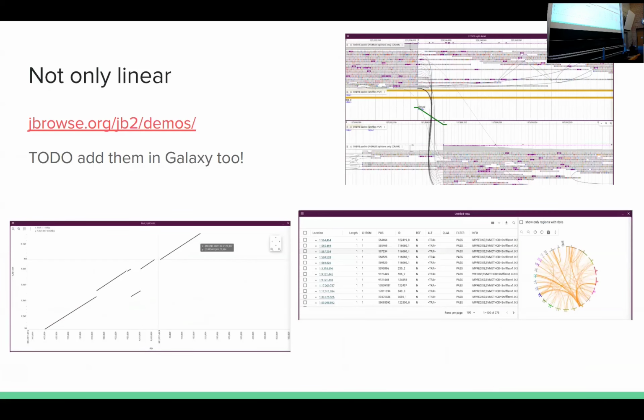And as I say, it's not only linear, which means we have other unusual ways to use a genome browser like Galaxy in JBrowse2, which means you can display plot data for synthetic data, for example. You can have circular representation, and you can also have structural variant